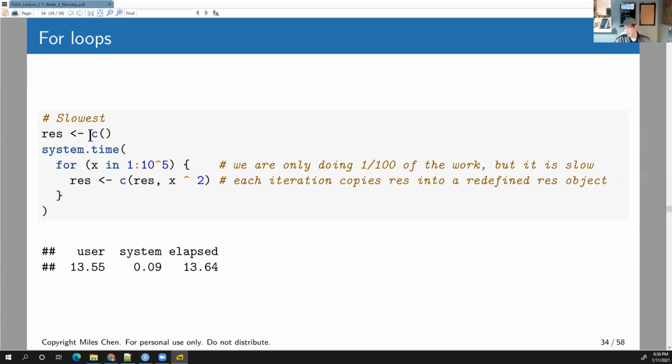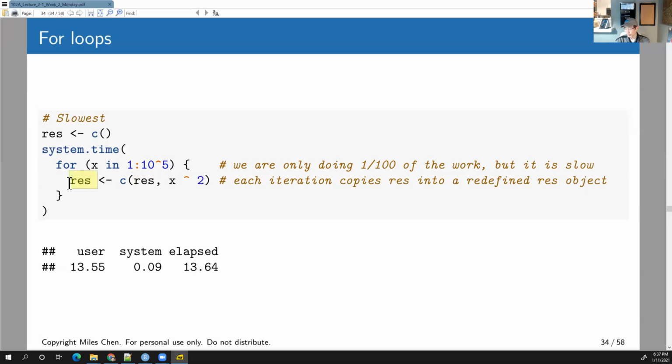Okay, so what's going on here is I just create an empty vector here, and then I copy the currently existing results and append my new value, and I store that into results. So this will grow with each iteration, right? First time I add 1 squared, 1, and that becomes results. On the next iteration I have 1, and I add 4, and that becomes the results. Results is now 1, 4, and then I take 1, 4 in results, and I add 3 squared, 9,